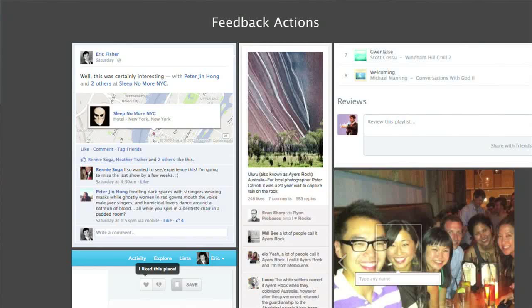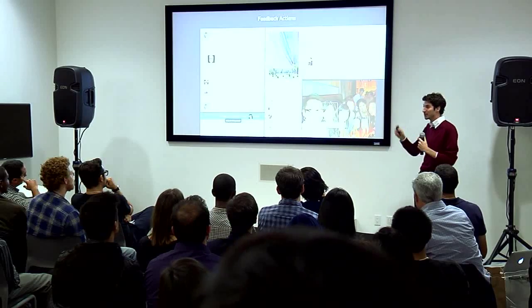there's always feedback actions so that you can engage as well. You can form more connections. You can like things. You can comment on them. You can review stuff. You can tag people in photos. You can repin pins. And it's always in your face, trying to get you to engage, because every time you engage, you're kept in the loop when new stuff happens later.